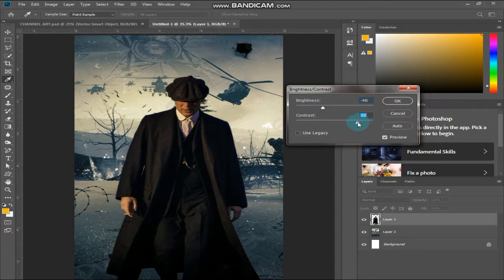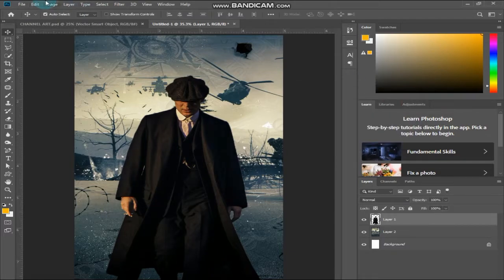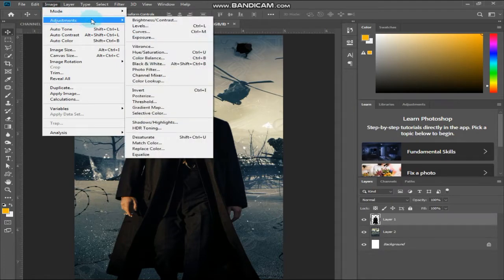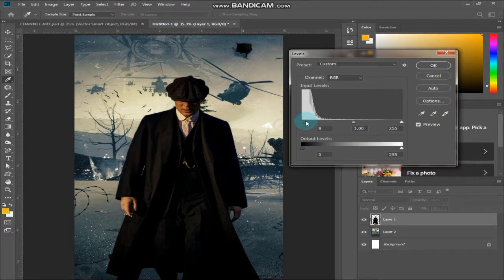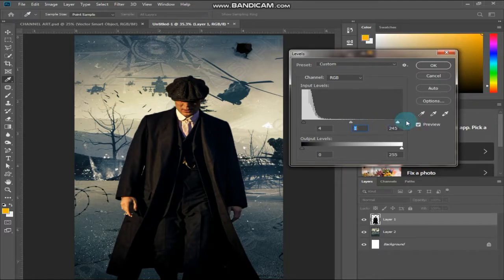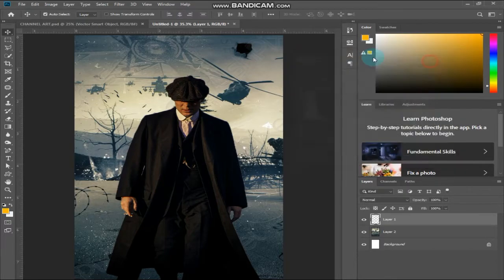Yes, it's looking good. I will not go too far, so that it doesn't look so blackish. So I will keep it here, and we'll do some other adjustments from Image, Adjustment, Levels. I will make it a little bit dark, not much. I think it will work good on 4. Yes, okay, not too much bright. From this it's increasing the brightness, so I will leave it here at 255 and okay.